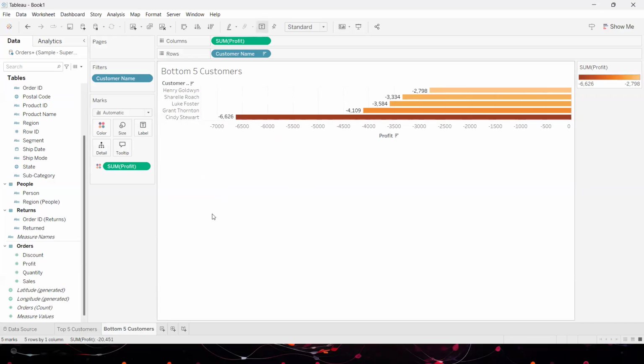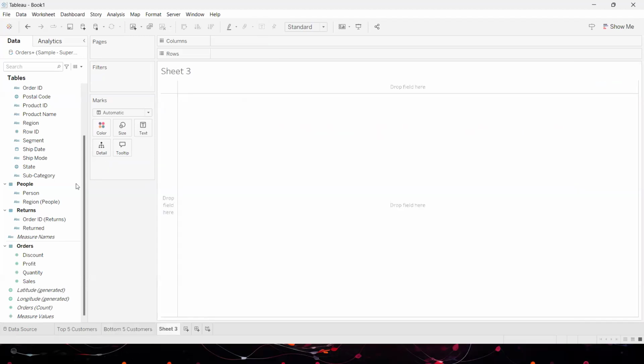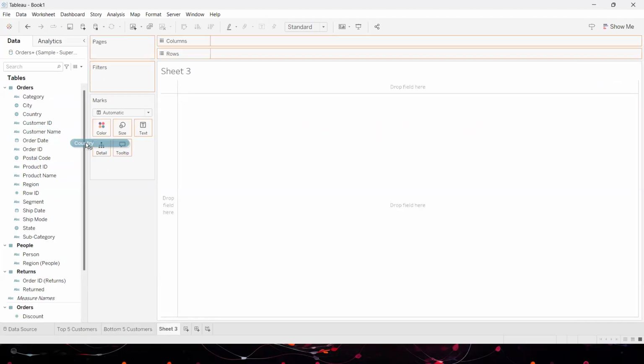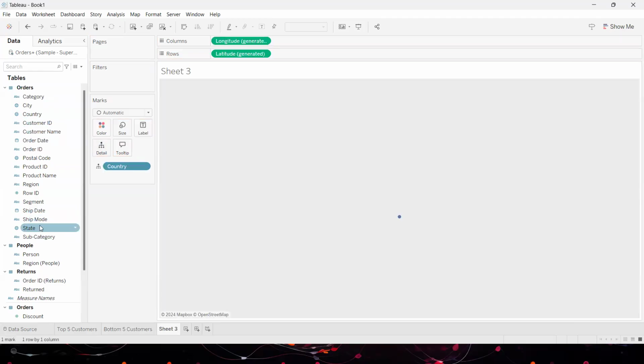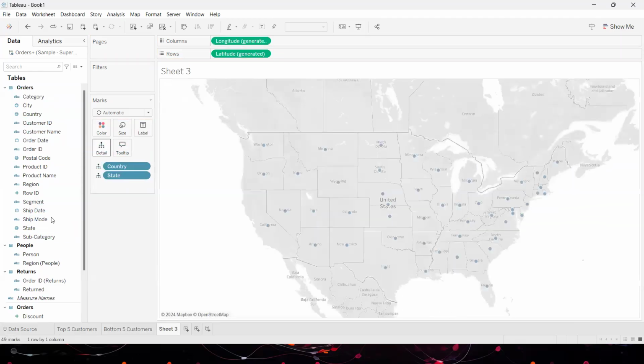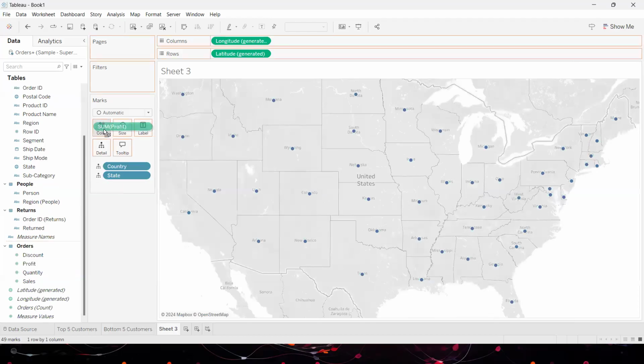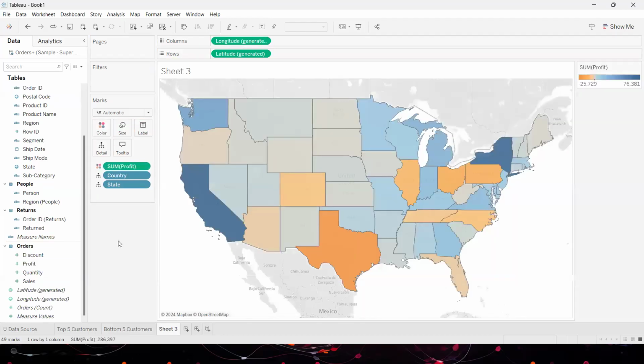Okay. Now, maybe I would like to categorize them by region or by state that they belong to. So I'll go ahead, create a geographical map showing the states and how much profit is coming from each state. How much profit is coming from each state. So you can see the color legend there. Highly profitable states are coming in dark blue color, lesser profits light blue, very light shade of blue means extremely low profit. Close to gray means it's close to 0 here.